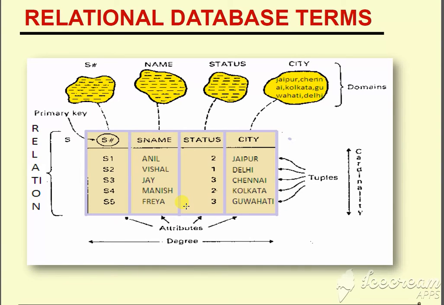In the relational database, you see here there is one relational database diagram. This is a primary key. Primary key means unique. Then this is the name, this is the status, this is the city. Each of those rows is a tuple, or it is known as cardinality. Now each column is known as an attribute. Hash means S number, serial number is one attribute. S name, student name, status, city, they are all the attributes.